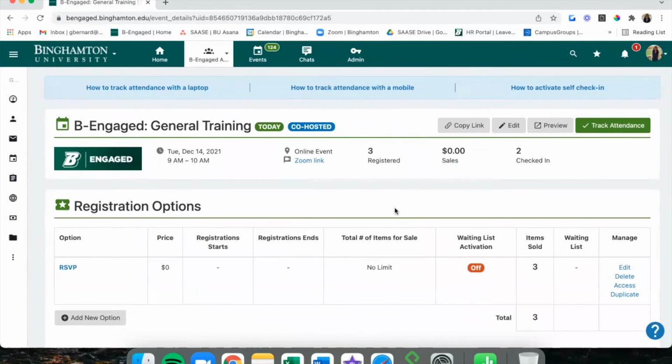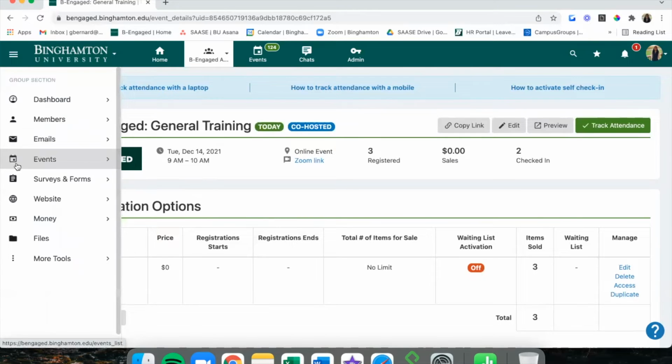And this is after the event is over. You can see this is past what time it is now, but it still works and it helps you, like I said, keep your records accurate and maintain consistently accurate information even after events are over and even after you've checked everyone in. It might be easier for you to physically check people in on pen and paper during the event, and then your process might be to add them to Be Engaged after that when you're able to debrief a little bit. If that's your process, then the system can absolutely handle that, and we definitely encourage you to do that.